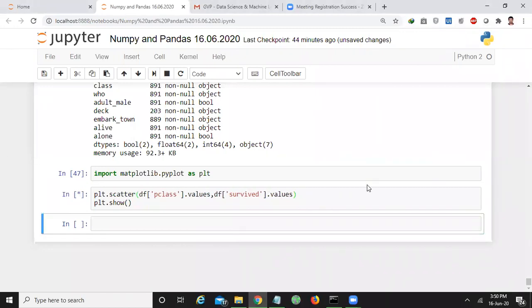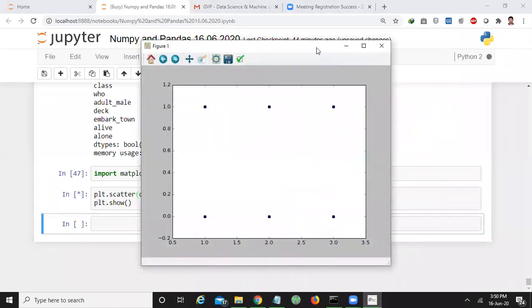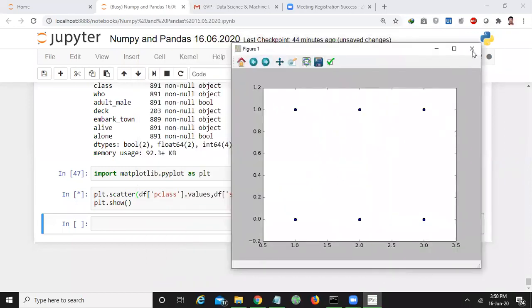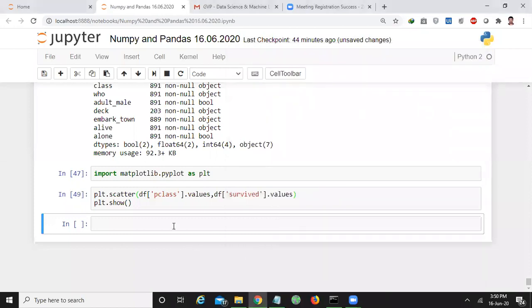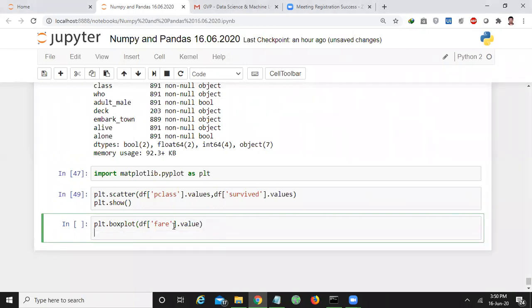Okay, it'll look like this. But you just want to do some visual study with the values of the Titanic data set. For example, if I want to perform a box plot, I write df of fare dot values, and then plt dot show.